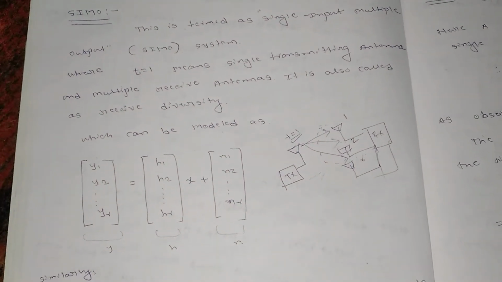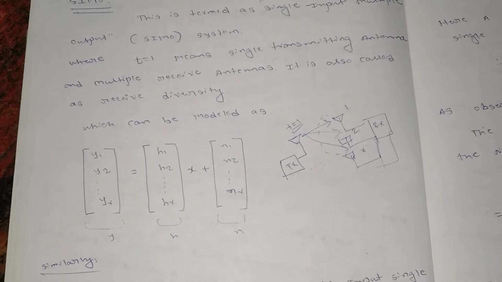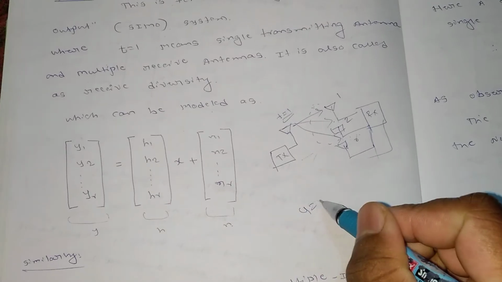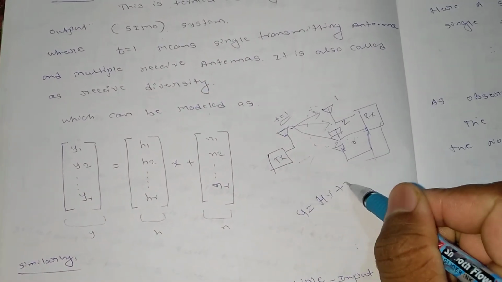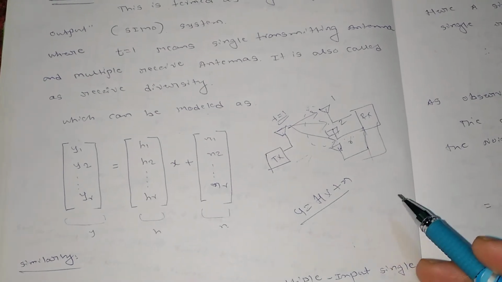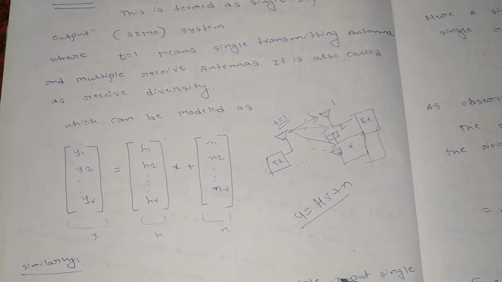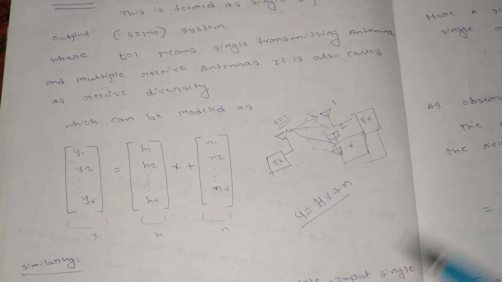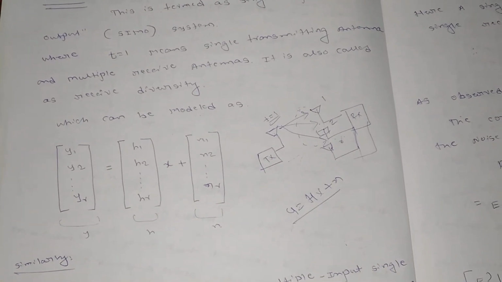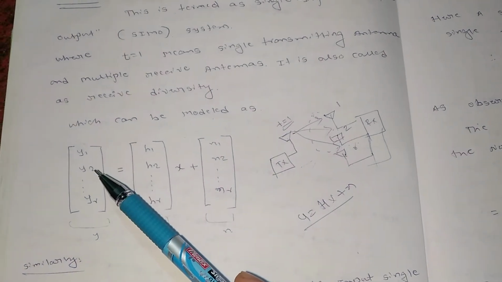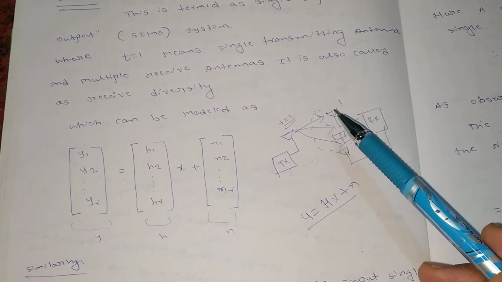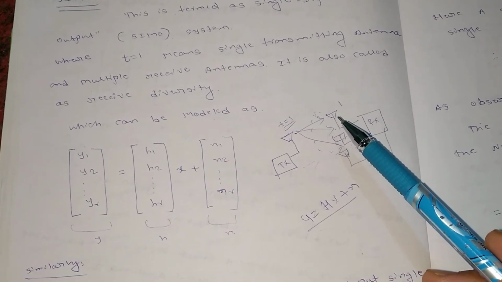So how can I write the equation for this? From the previous video we have this equation, capital Y equal to capital H x plus N. We have already discussed this, and if you don't know about it, you can check the playlist where you will find the video on MIMO, where you can clarify your doubts as well. Alright, so with that, I am having multiple receive antennas, which means I will be having multiple received signals here.